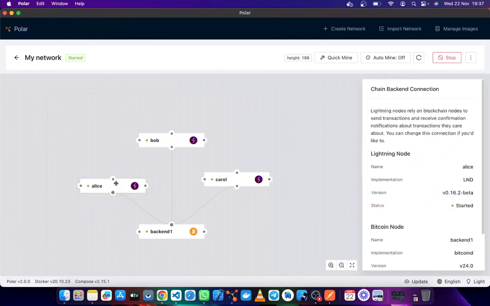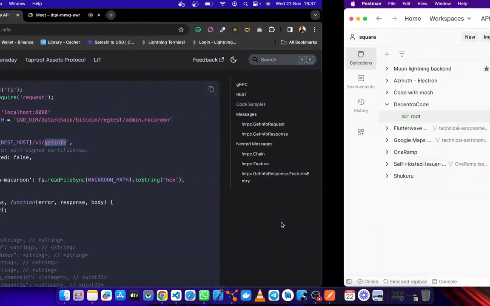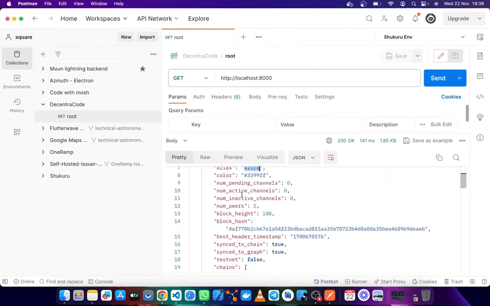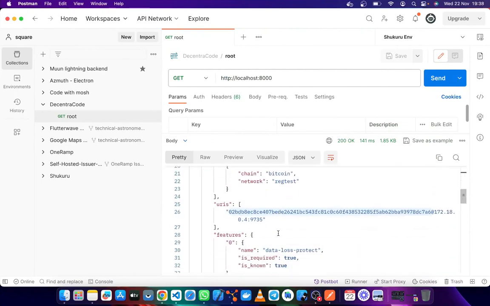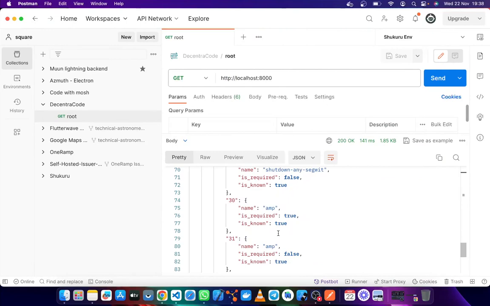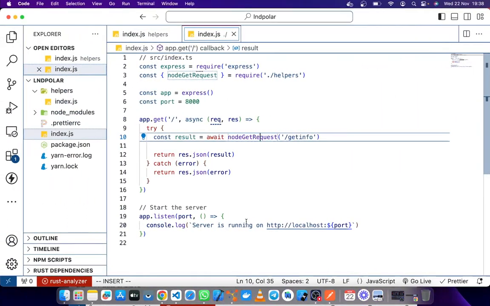So basically this is what we've retrieved here. We've got the name, the alias, the node public key, which is this, and more information about the node. So good signs. I think our node is responsive, and we can go ahead and do more stuff with that.